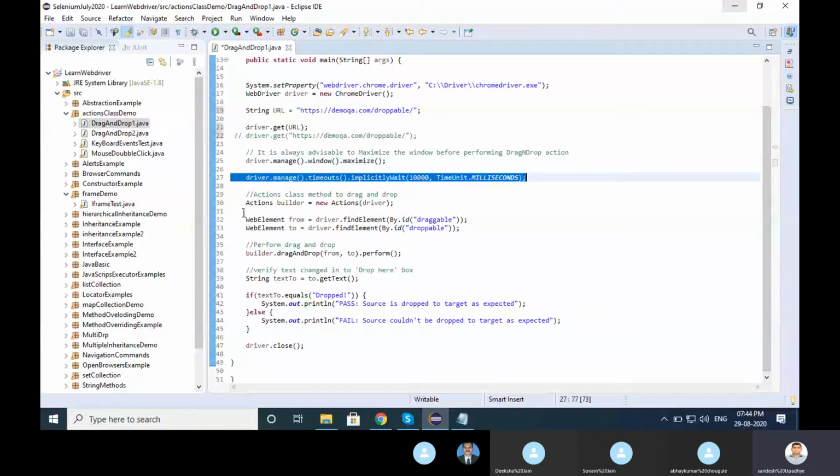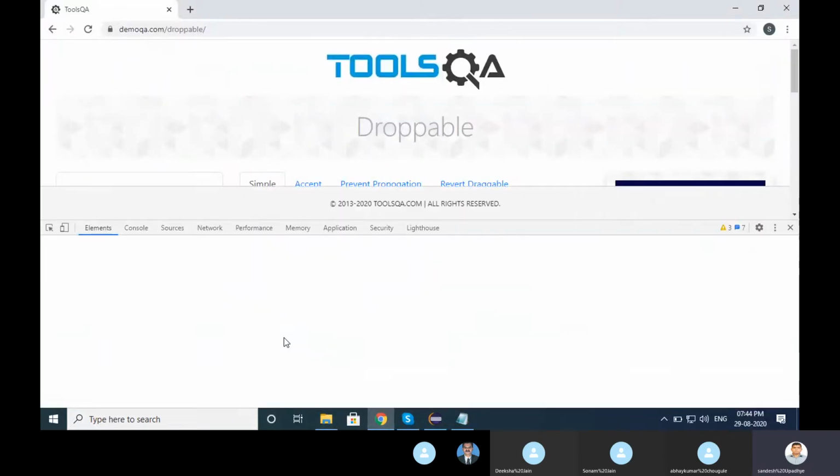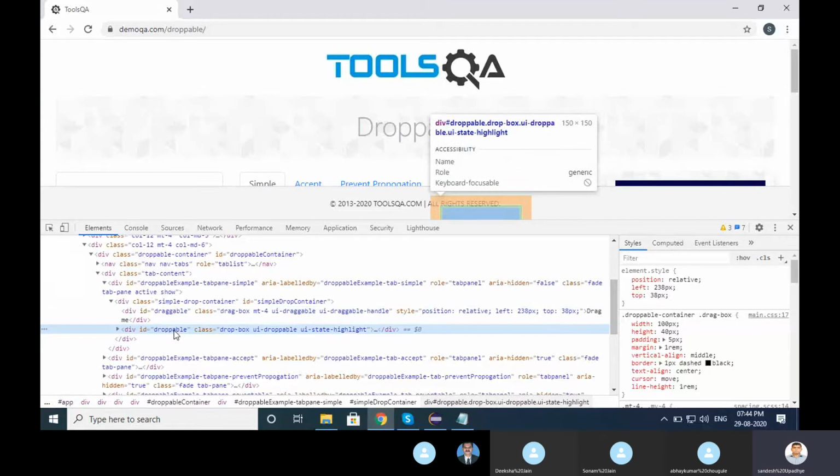Implicit wait, forget about it. Here I have created an object: Actions builder equals new Actions, and passed driver. I have created builder as the object name. And I store WebElements from and to, using driver.findElement by id draggable. I inspected the ID: draggable, and this one is droppable, right?